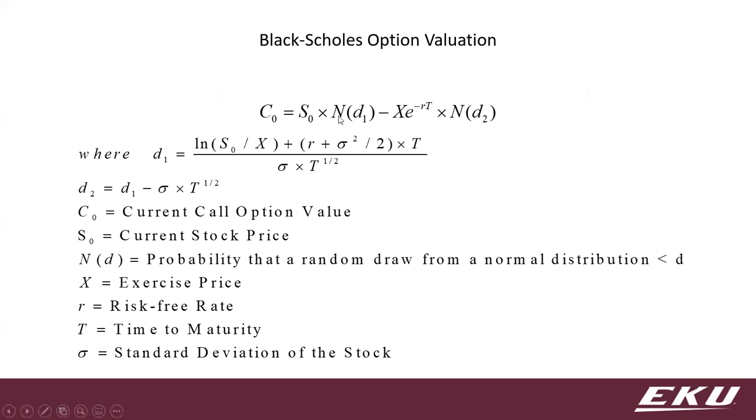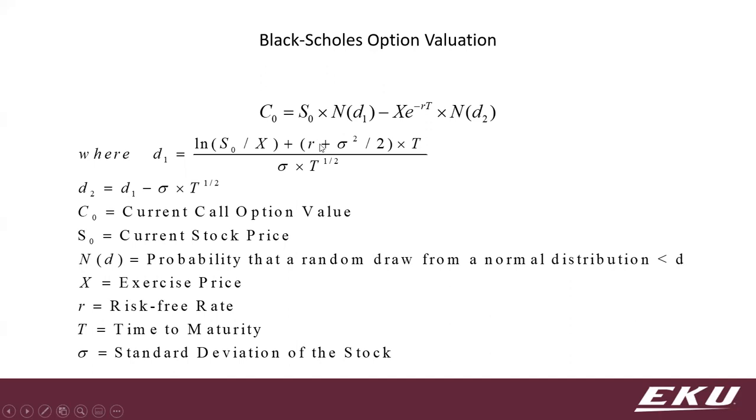So what's the probability that this normal distribution stays below some value? You can think of this as the value of the stock being low enough that we don't exercise. And so that's what this is: what's the probability that we're in that state of the world? And this D1 is all of this, but it's just a measure of the stock price relative to the strike price. And then this right here is using my risk-free rate,